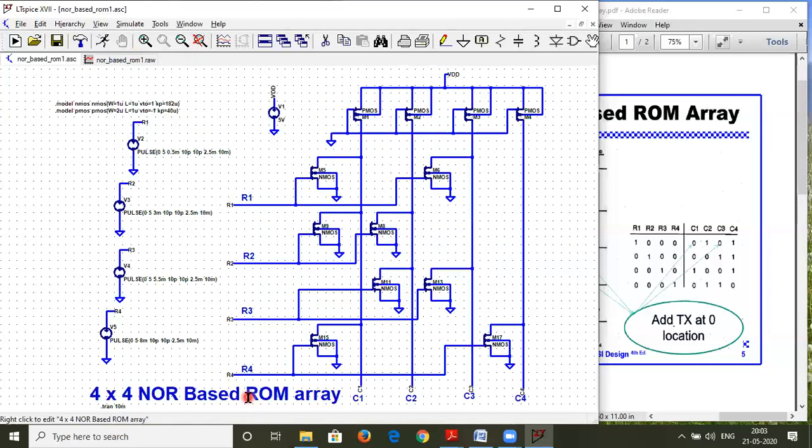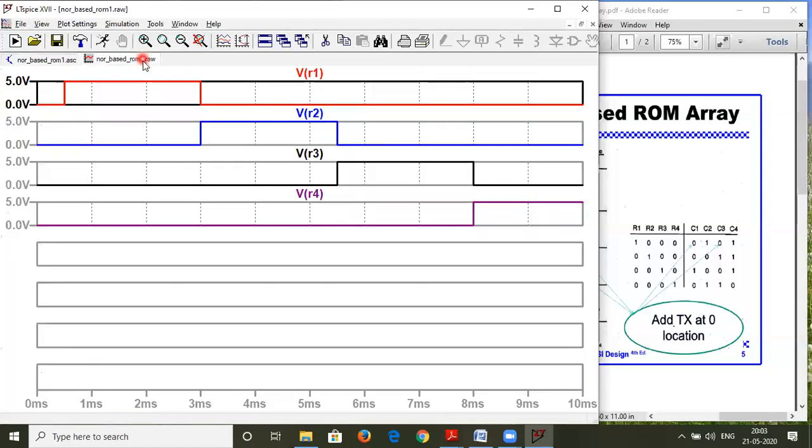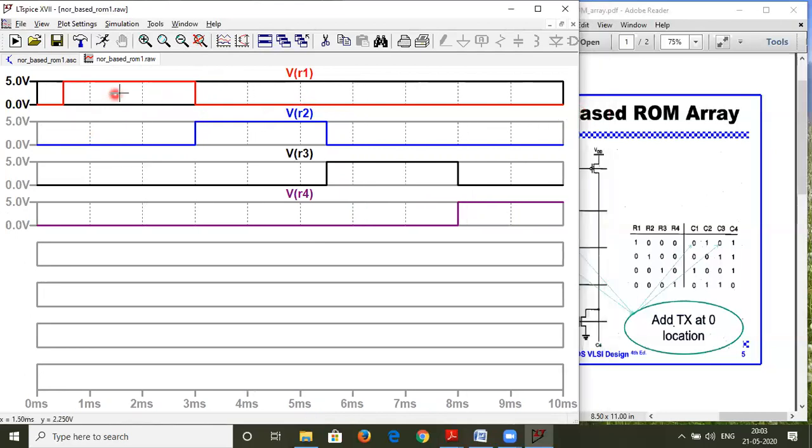Now let us concentrate on the output waveforms. So far we have plotted the 4 inputs. So that's what I was saying over here, that all the 4 inputs, only one at a time will be active. So let's say this R1. When R1 is active, others are off. Similarly R2. When R2 is active, all the other rows are off, R3 and R4. So this will be giving you a perfect example.